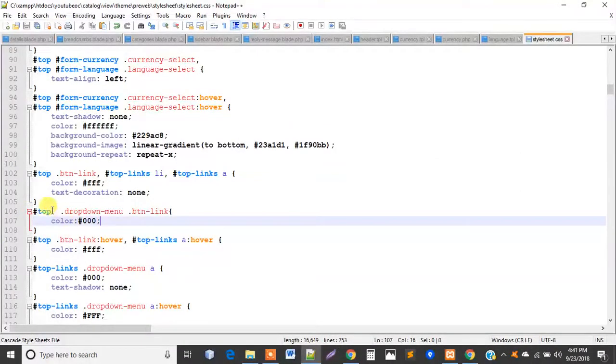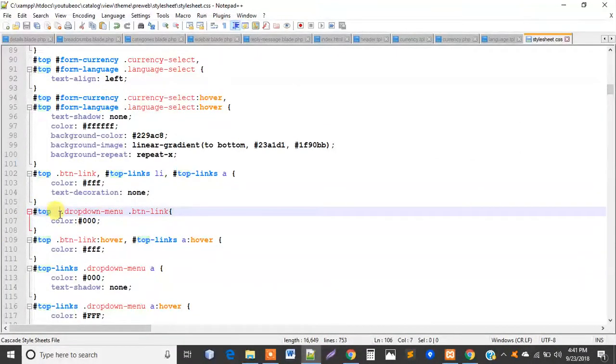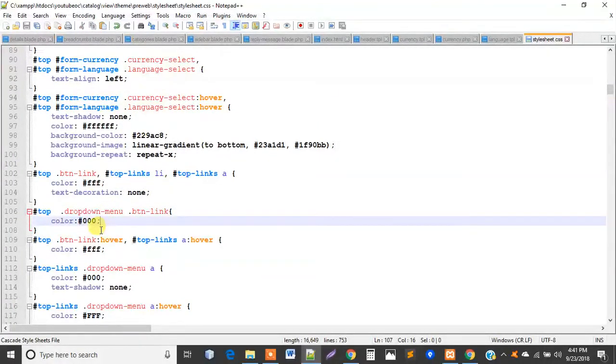What I have written is #top .dropdown-menu, which means a hierarchy: if the div id is top, and the inner div class is drop down menu, and then .inner boolean link, when you find .inner boolean link, the link color should be FFF, and if we hover on it,